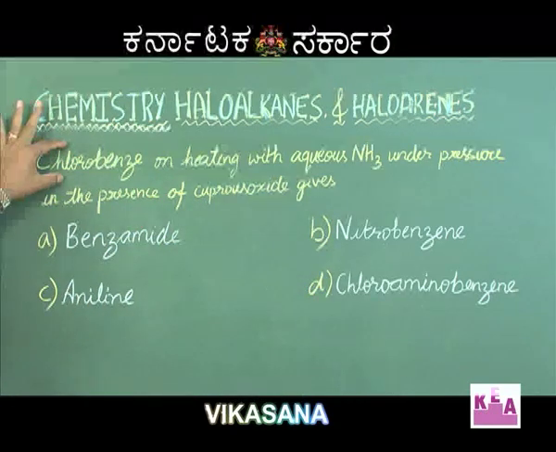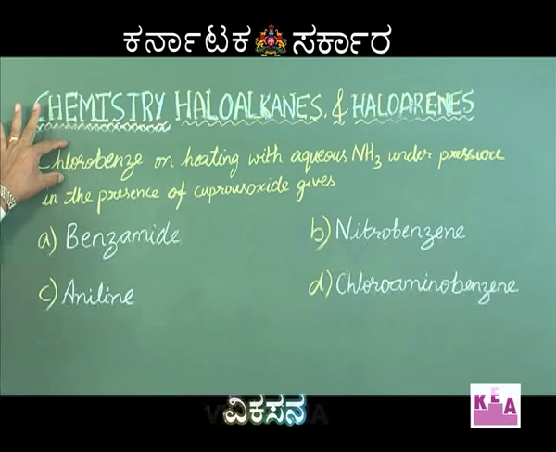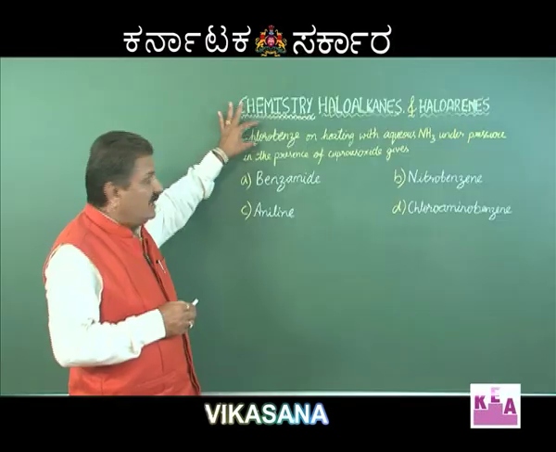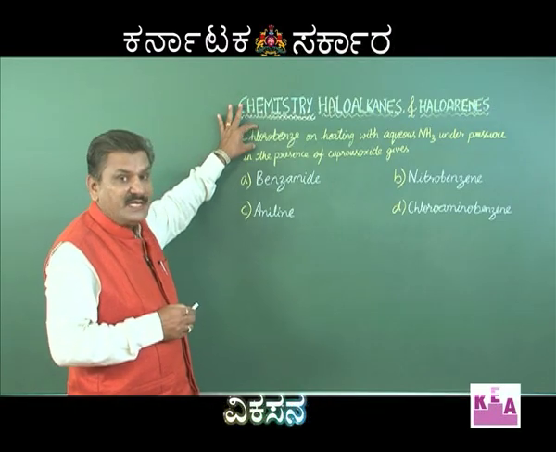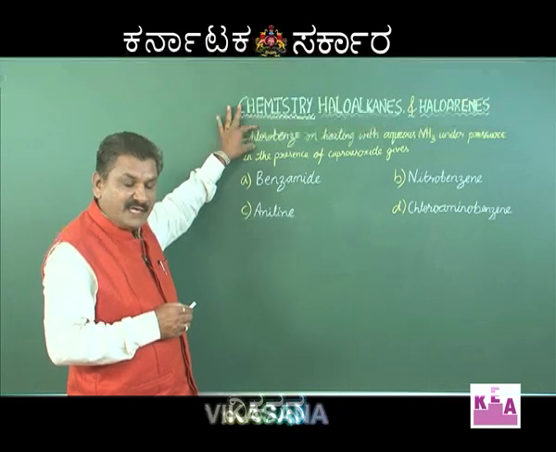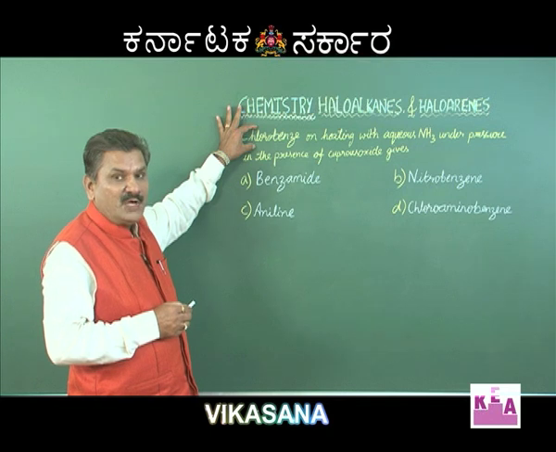We know that chlorine in chlorobenzene is less reactive due to the double bond character of the chlorine in chlorobenzene. This chlorine in chlorobenzene cannot be replaced under normal conditions. So, it can be replaced by the nucleophiles